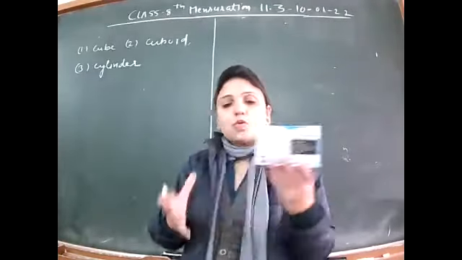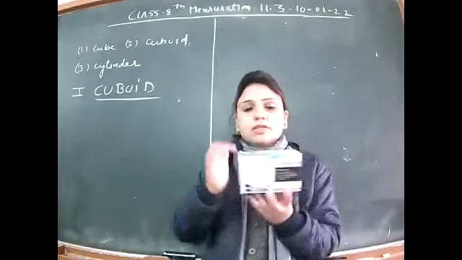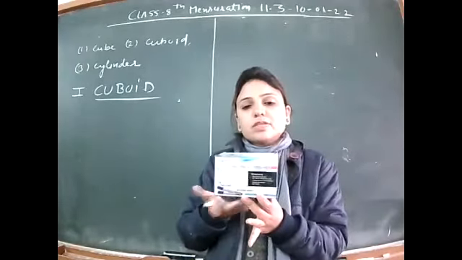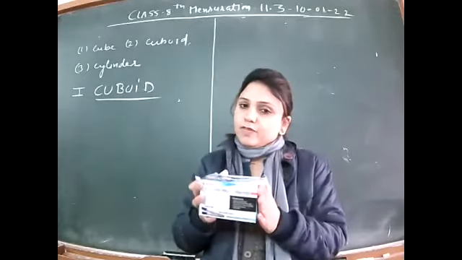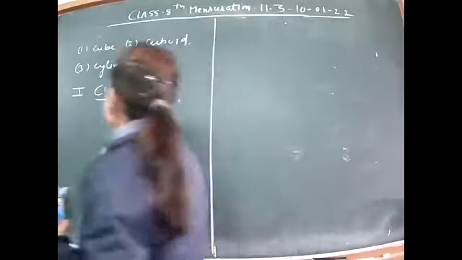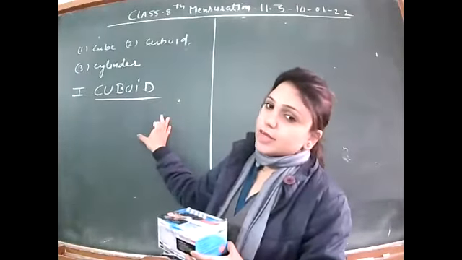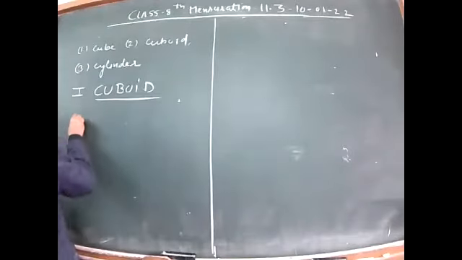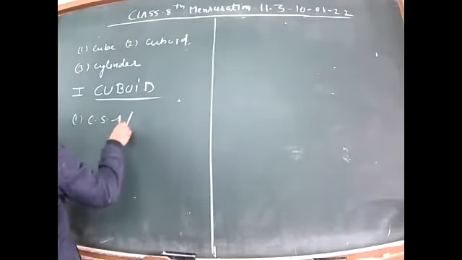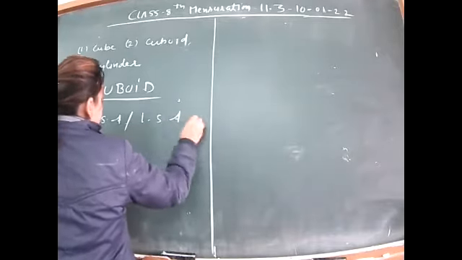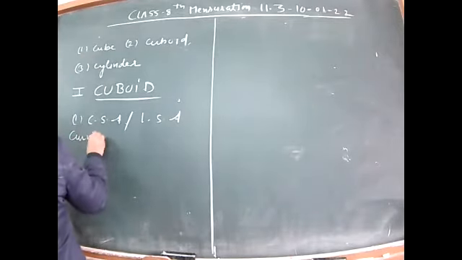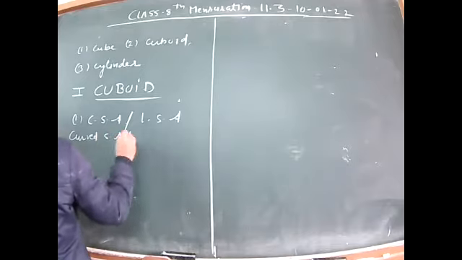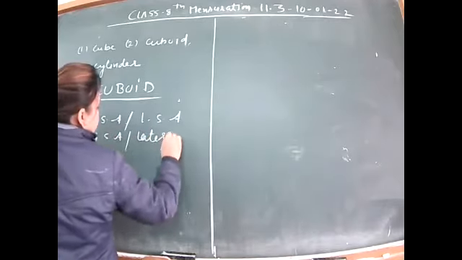See it very carefully. So we did it in the visualizing solid shapes earlier classes also, that this cuboid is having 6 faces: front face, back face, upper face, lower face, right face, and the left face. Right? So we will discuss 3 formulas regarding cuboid. One is its curved surface area, which is also known as lateral surface area. CSA is regarded as curved surface area and LSA regarded as lateral surface area.